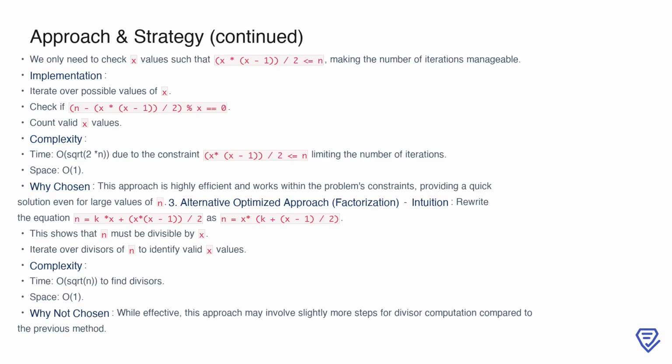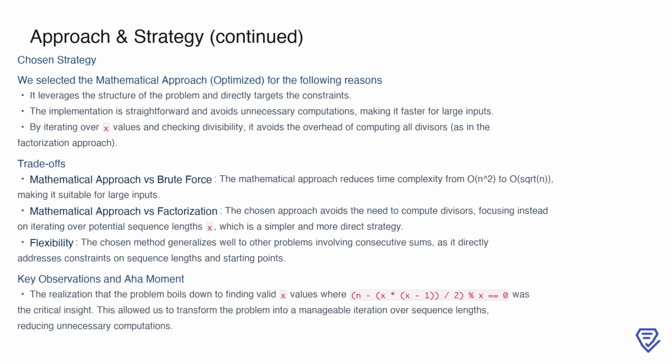While there is an alternative factorization-based method, the mathematical approach is chosen for its simplicity and speed. The mathematical approach was selected as the optimal strategy for several reasons. First, it aligns closely with the problem structure, targeting the constraints directly. This approach focuses on iterating over potential sequence lengths, denoted by x, and checking if the conditions for divisibility are met. The implementation is clean and avoids unnecessary computations, making it a faster and more practical solution for large values